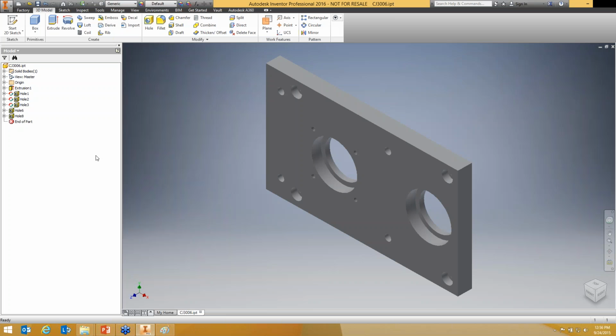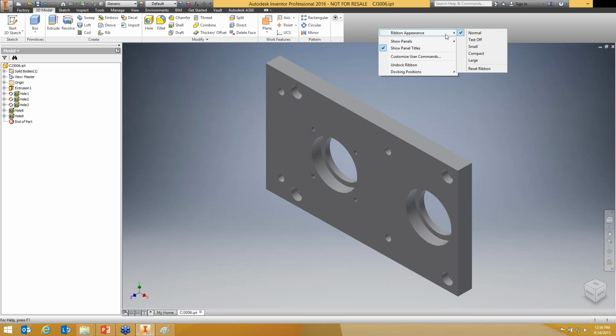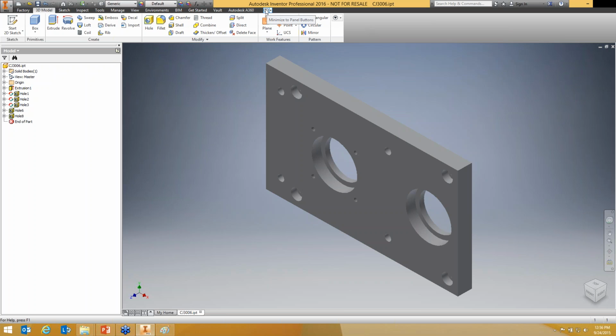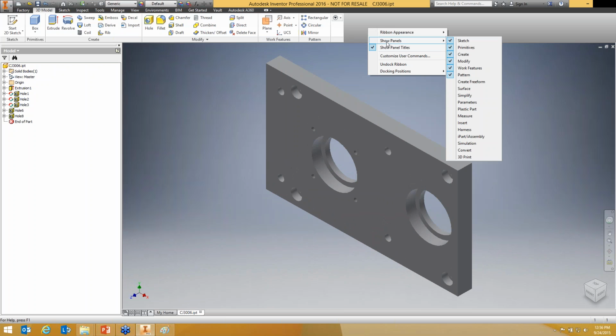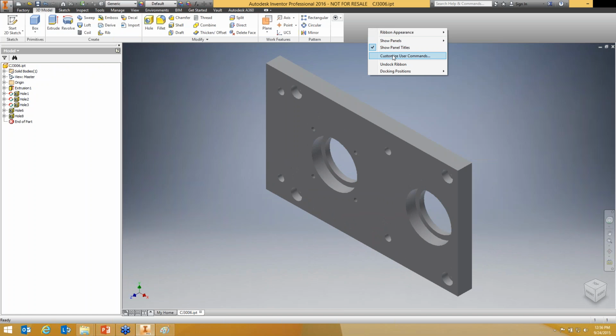Now, similarly, inside of Inventor, you do have some capabilities as well of working with a customization of the panel up at the top, okay, your ribbons and all. You can right-click in the gray area, much like you did with AutoCAD. Ribbon appearance, normal, text off. You can turn off all the text if you got to the point where you know what all the icons are. You can have some different settings there. Always keep in mind this little white button here in the ribbon. As I toggle that, it changes how those are laid out. And you've also got the show panels options where you can turn different panels on and off, as well as